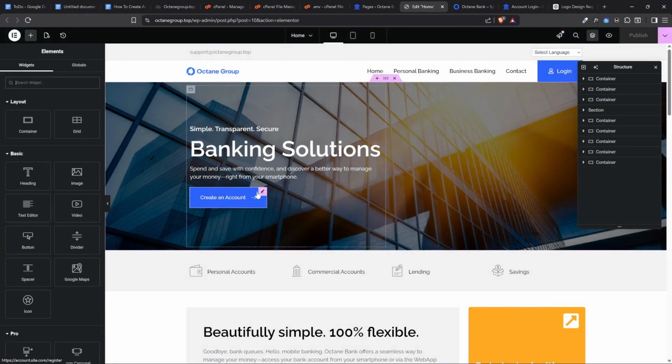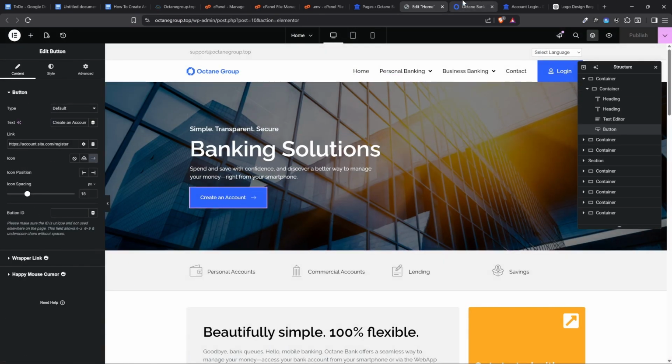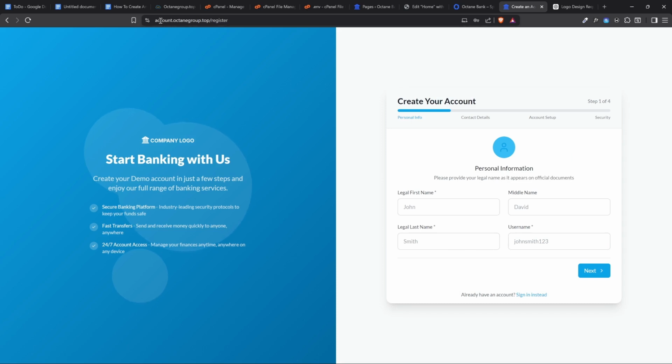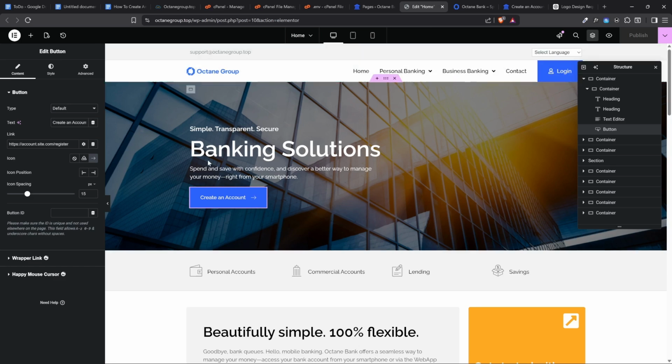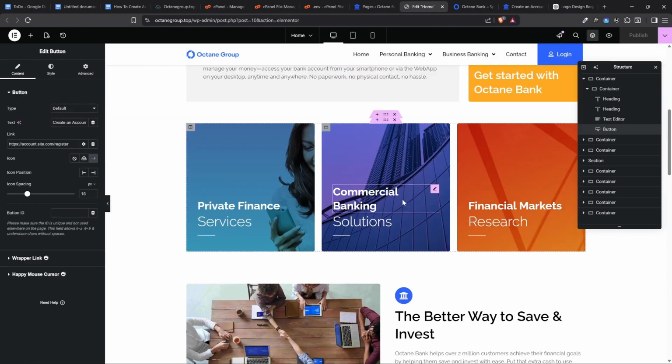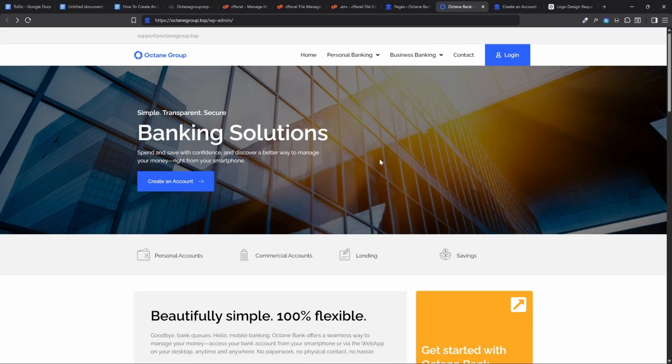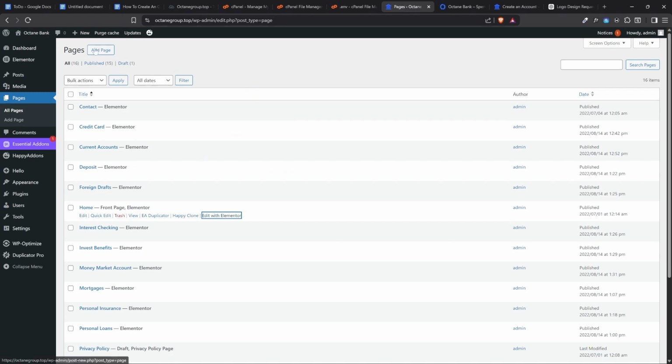All right, so you can see this button here, create an account. Let me come back to my dashboard. Let's say I want to create an account. If I click create an account, this is the link for the register page. So what I can do is copy this link, come here, you will see link, then I can put it. But again, this is going to be a slow process because I have to do it for every single button, which might waste time. So the fastest way to do it, again, is to come to your admin,